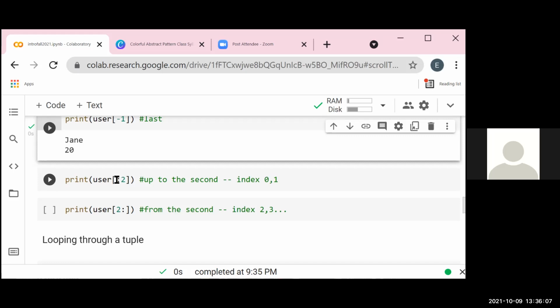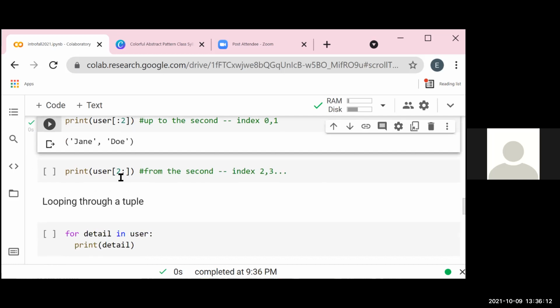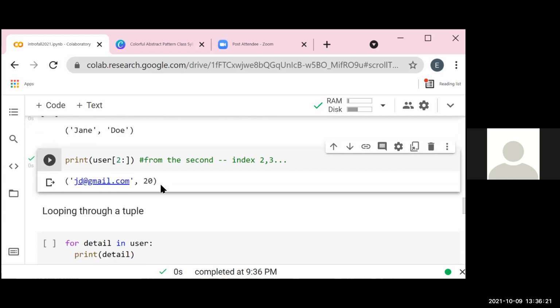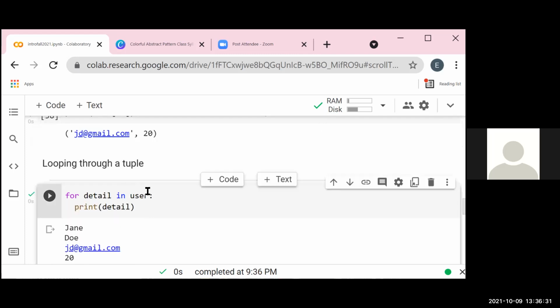So this would print index 0 and 1, the first 2 items. And this would print the last 2. Then we can as well loop through a tuple as we have seen in a list. So basically how we access items in a list is how we access items in a tuple. The only difference is that a tuple cannot be changed.